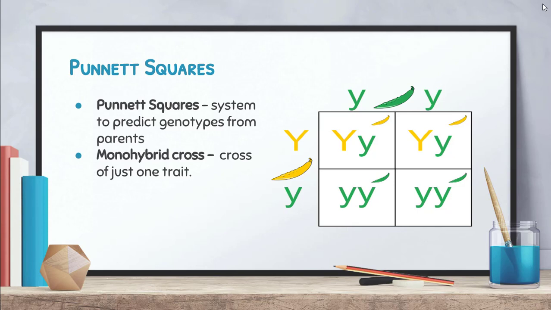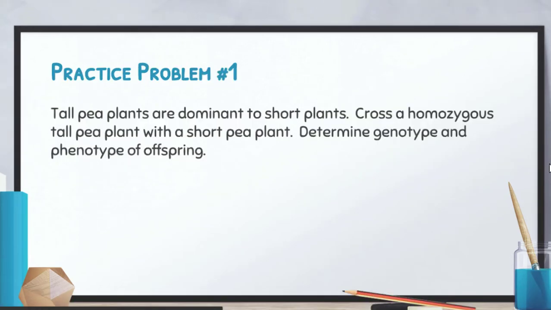Remember, independent assortment says there's basically a 50-50 chance of you inheriting one particular allele from a set from each parent. And so we use the laws of probability and statistics to do this. Okay? So follow along. It's pretty straightforward on how to do this, and you'll be just fine. All right, so what's really important with this, and this is really the first time we've done this in biology,